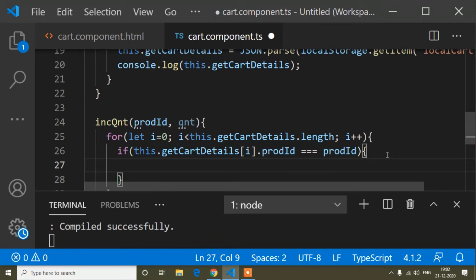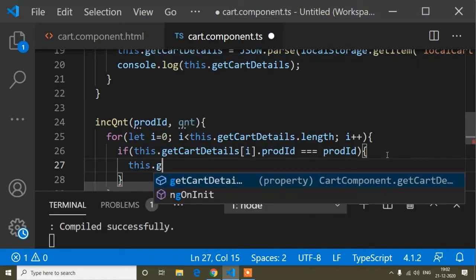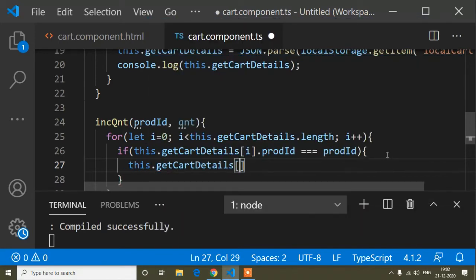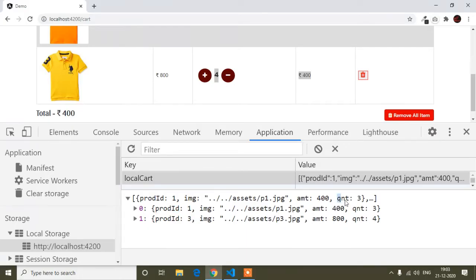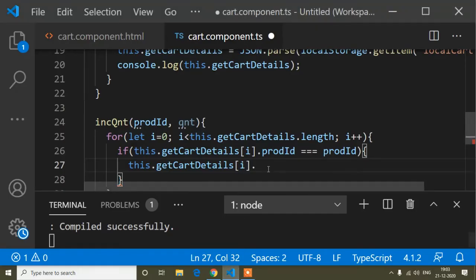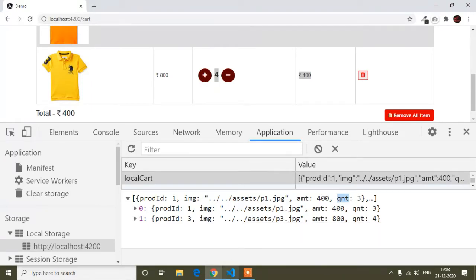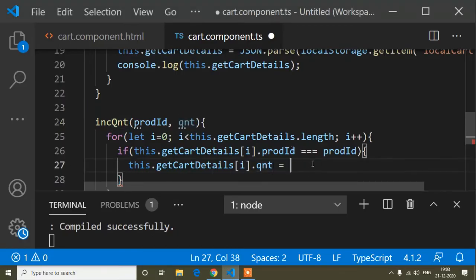Okay, and now if both are the same, then this dot get card details i dot quantity, if it's matched, then I have to increase the quantity. So this quantity equals to, and when I click this increase button, that quantity will be increased.